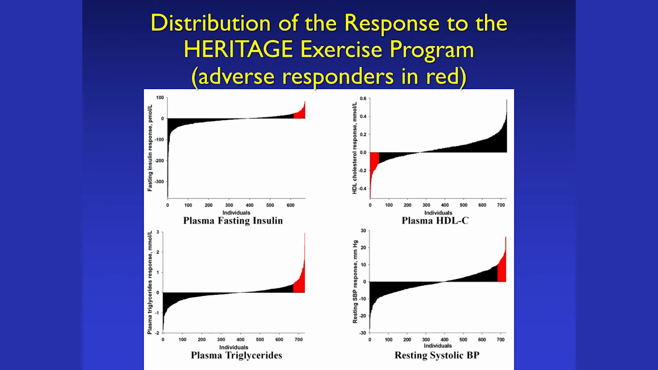They're also adverse responders. People who don't respond the way you think they should. They trained, but they got worse. The fasting insulin is supposed to go down. Well, there were a few who did. A few had no change, and there were a few who actually went up, which is an adverse response. The triglycerides, there were people, normally you would think it would go down. On the average, it didn't change very much, but you had some people who had